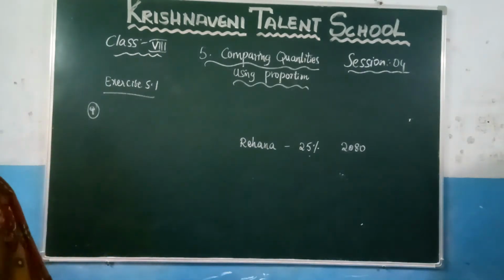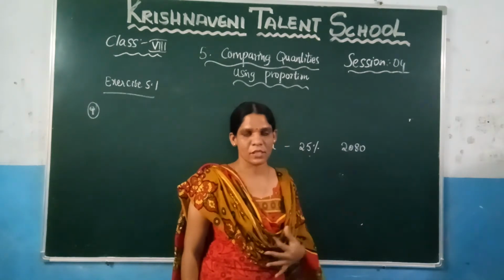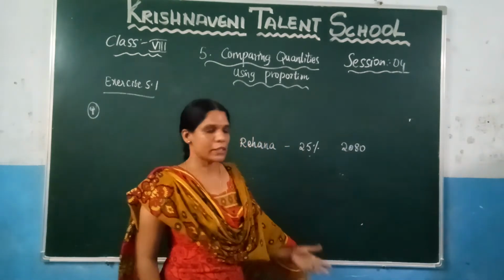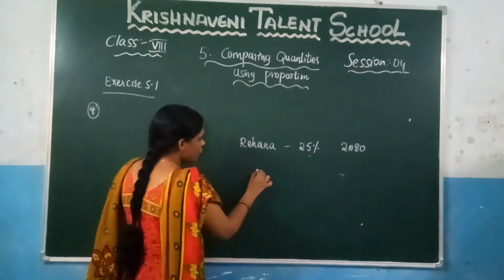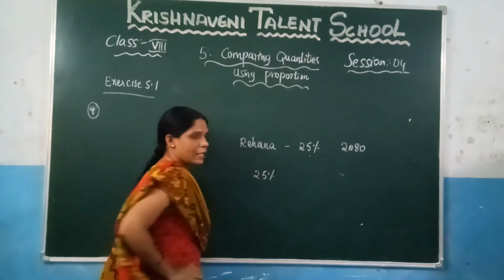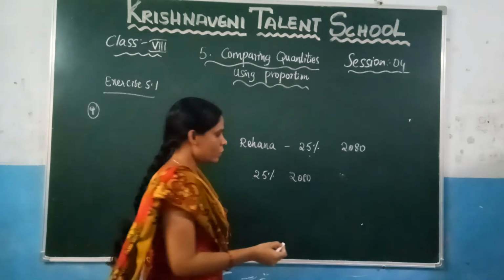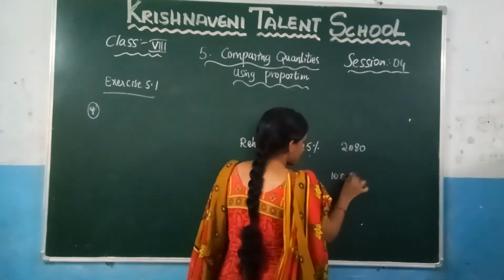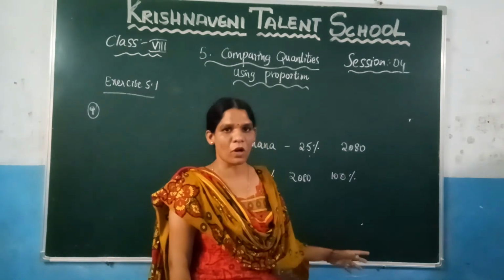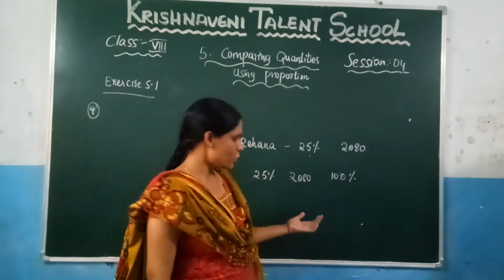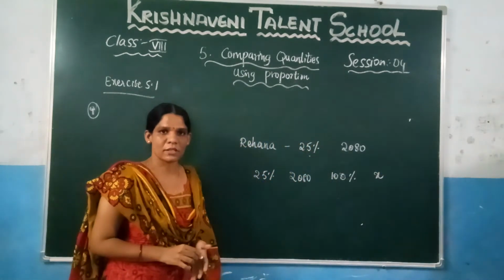Here clearly you can observe that 25% is given. The question is given in the form of a percentage. What is the meaning of percentage? I already told you, percentage is nothing but per 100 you need to take, right? So for 25% he is earning a profit of 2080 rupees. Now you need to calculate here for 100%. Why? Because in the question they asked you to find the total profit. Total is nothing but 100%. So for 100%, what is the amount he will get? This is the question they have asked.